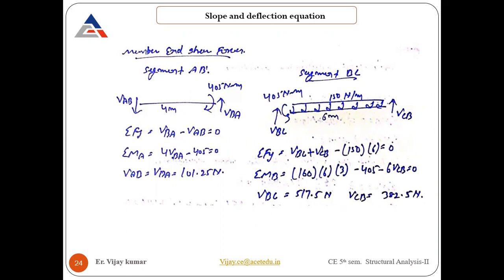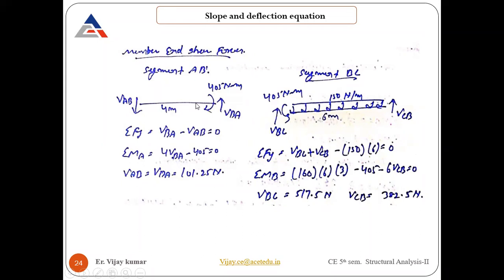If there is a load acting, in that case both reactions will always be positive, or upward. Sum of vertical forces is equal to 0, so VBA minus VAB means summation of force is equal to 0. Take moment about a point, and see how it is going to rotate. About VBA, the 4 is going to be in this direction, so take any sign convention in this particular case. So 4 is a length, into force into perpendicular distance.